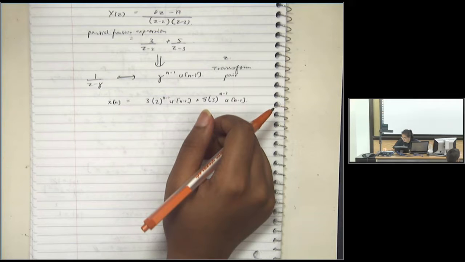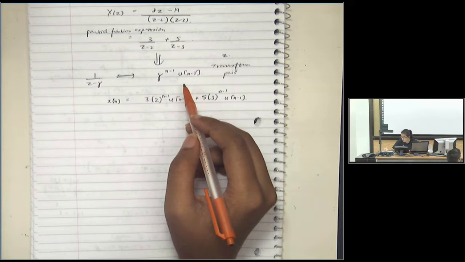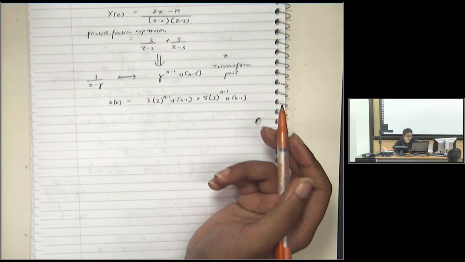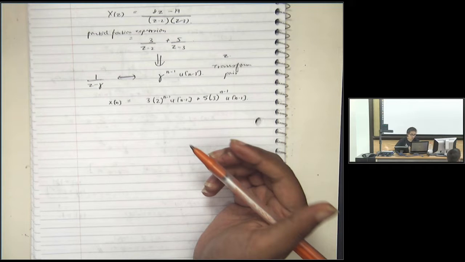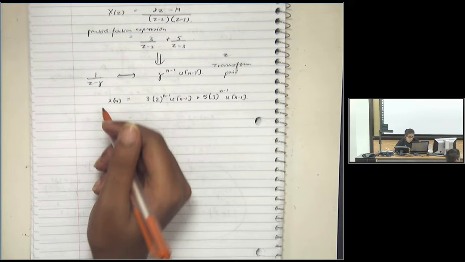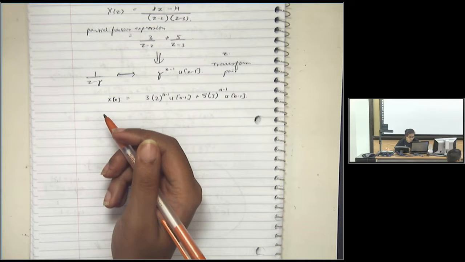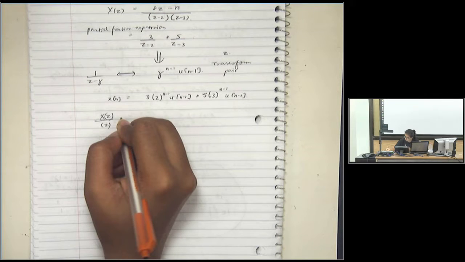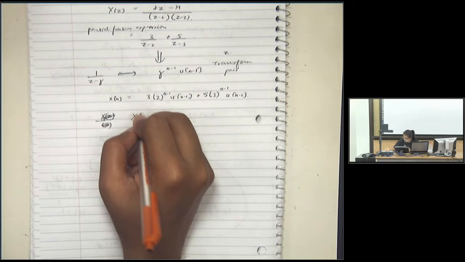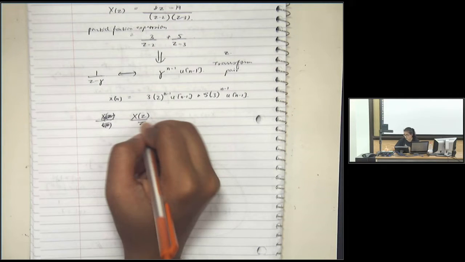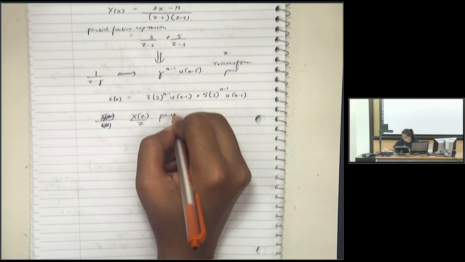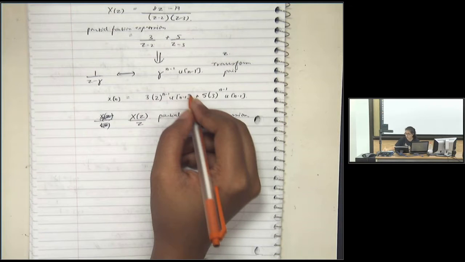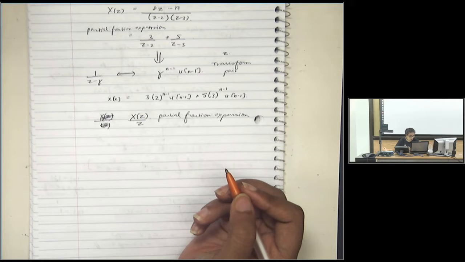Okay. So one issue with this technique is that you will always get your answer in n minus 1 terms, which is not something that we want. So if we take the partial fraction expansion of this term, we will not get these n minus 1 terms, because